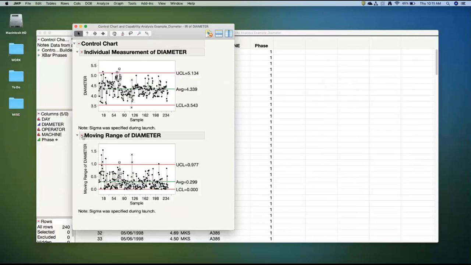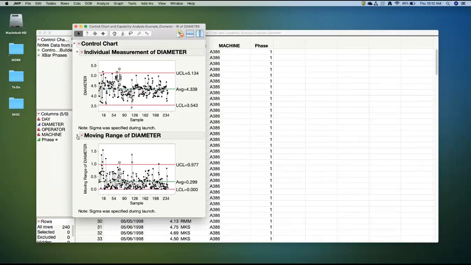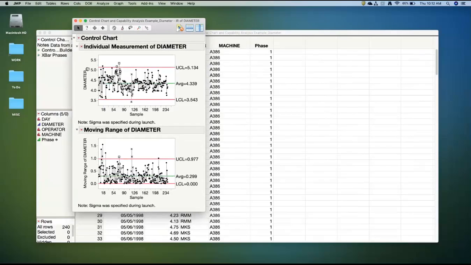Now, a nice thing that you can do in JMP, and you can do this in almost every piece of output, is you'll see these little triangles over here, these little gray triangles. Well, that allows me to collapse or expand output. So I think it's nice because it can keep your screen clean as you're looking at things. But when it comes to teaching, it's nice because if you want your students to just focus on a specific piece of output, you can collapse all of it and just keep them focused on specific output, and then open up other pieces of output as it becomes relevant in your teaching and discussions. And like I shared,